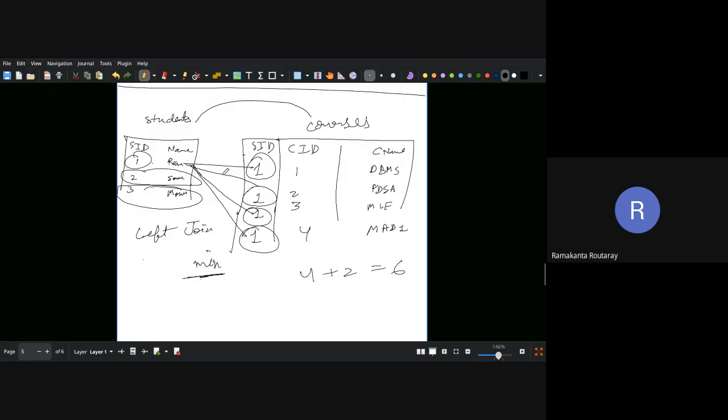Even though, let us say, you made it 1 1 1 1, instead of the earlier one, which was 1 2 3 1. If you make it like that, in that case will it also be 6, or 1 2 3? How will it be 6? Let's see that. If I do 1, 2, 3, and 2, 1, 1. We considered one. The last one would be 1, so that I do have the minimum number of rows as 4. Now I am considering what is the maximum number of rows if I do the left join in this particular example. What will be the maximum here?